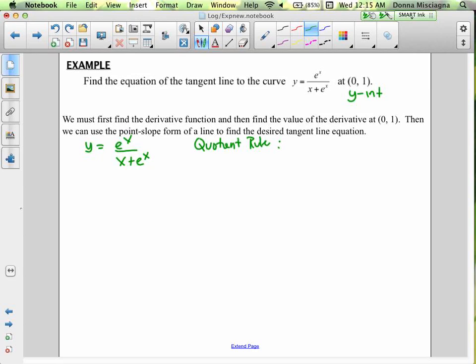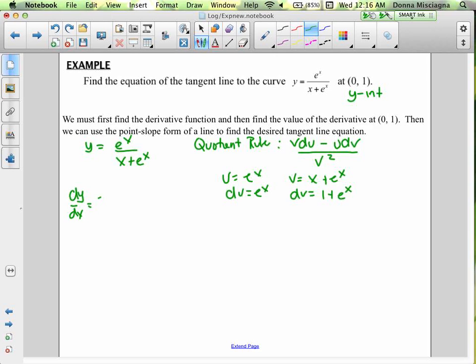Right, and as a reminder, that would be the derivative of the numerator, so du, times the denominator, so v, minus u, the numerator, times the derivative of the denominator, dv, all over the denominator squared. All right, so u is e to the x, and du is e to the x. V is x plus e to the x, and dv is 1 plus e to the x. There we go, so that's not too bad. All right, so dy dx